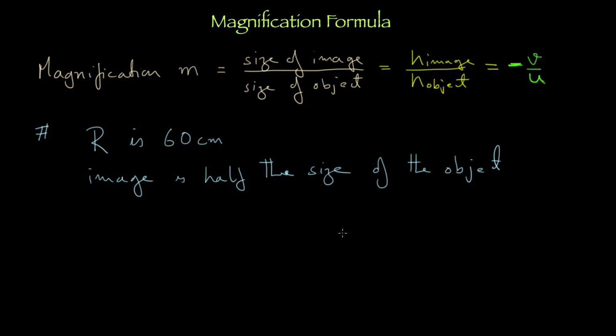I'll again repeat the words, and please listen carefully. Whatever you ask about the question, I'm just going to tell the question again, nothing else. And then I'll tell you what I require from you. So the question is, there is a spherical mirror whose radius of curvature is 60 centimeter. Image formed is half the size of the object. Find the location of the image and the object.